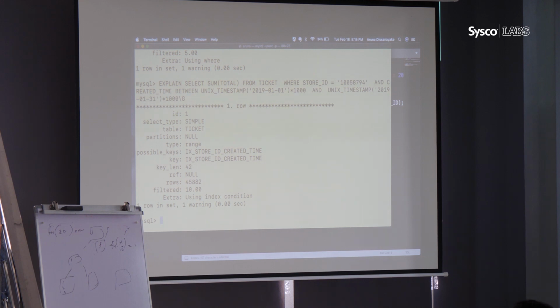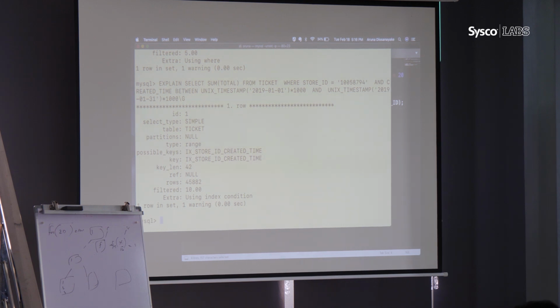Yeah, that is correct. That is where data cardinality comes into the picture, right? In this case, we have the created date as the first column, then the store ID. When you have a multi-column index, it tries to narrow down the record set from the where clause as much as it can.